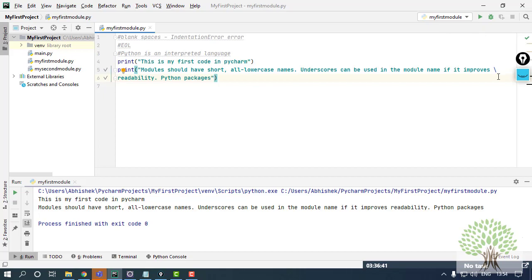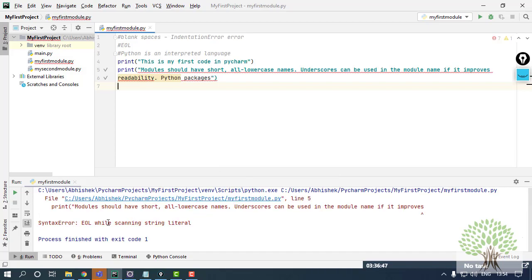For example, I remove this slash from here and I run it again. Now over here, you can see it's giving me the line number at which my error has occurred. The same way, if I get an error somewhere else, the line number is going to be provided to me for my information. Okay, now these two things I wanted to tell you.